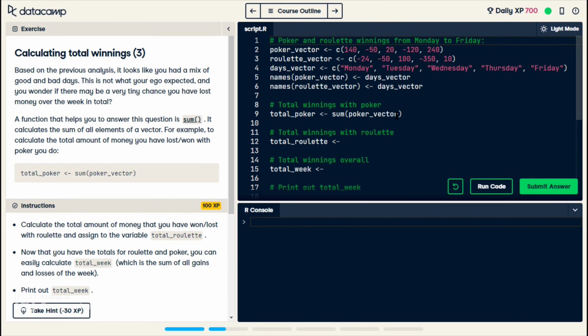Now we're learning a different way to do math. We're using the sum function. So the sum of the poker vector is going to take these 5 numbers and add them together, which means, for example, 140 plus 50 is 9. And then you add these other ones. So we're going to do the same with roulette. We're going to sum